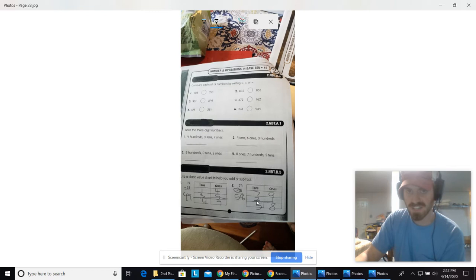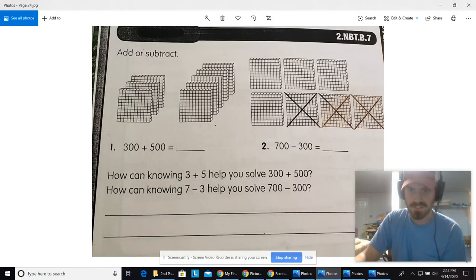If I take two tens out of seven tens, I'll have five tens left. Five tens and eight ones makes 58. All right. So let's take a look